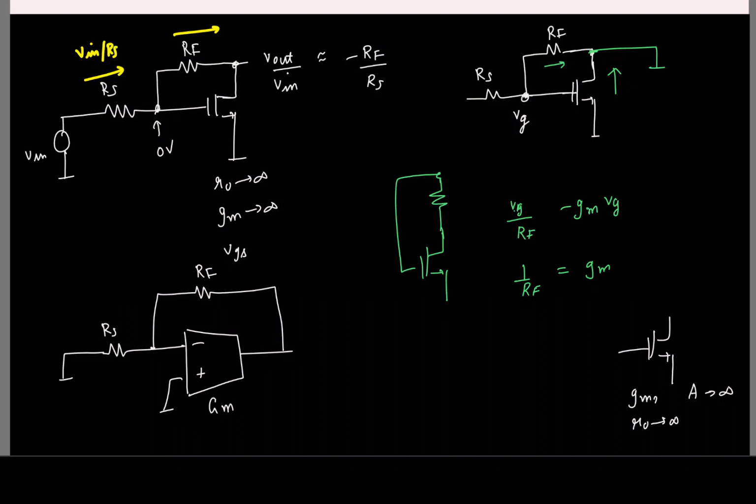I mean, I can break the loop. So where can I break the loop? Usually break it at the input of the gate. And if you have multiple transistors, choose the transistor which has the smallest gate capacitance. Okay. If I break it here and apply some test voltage,